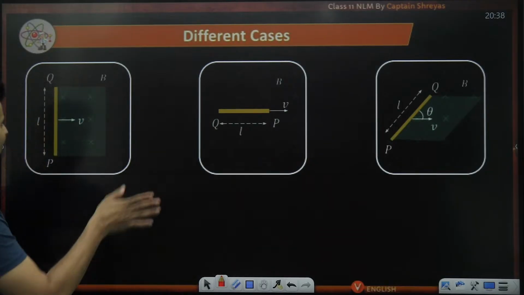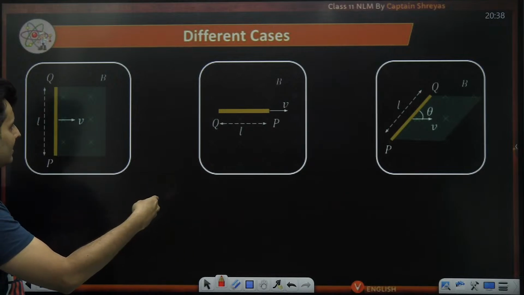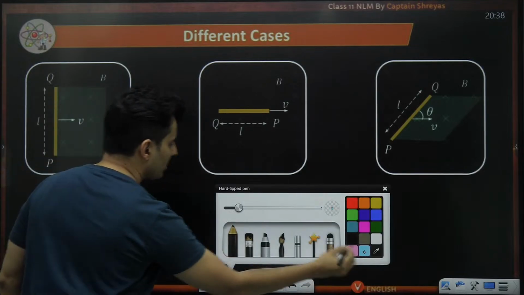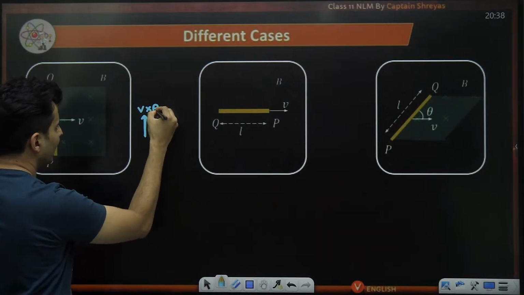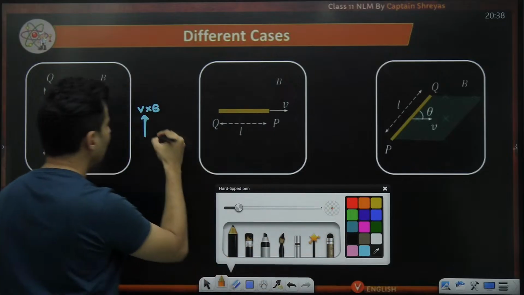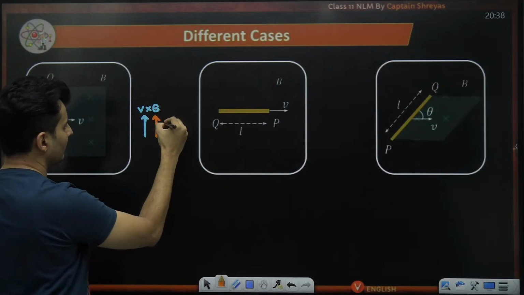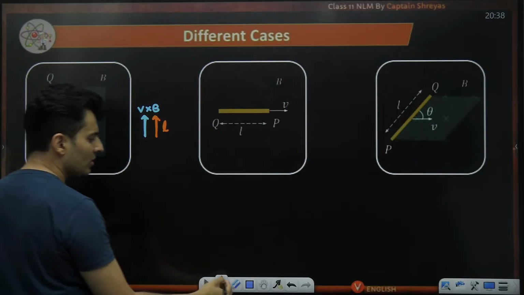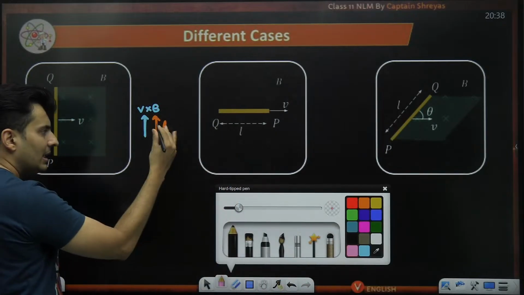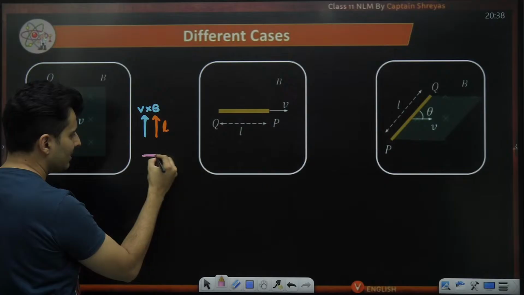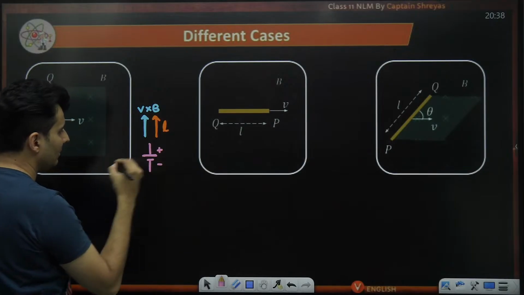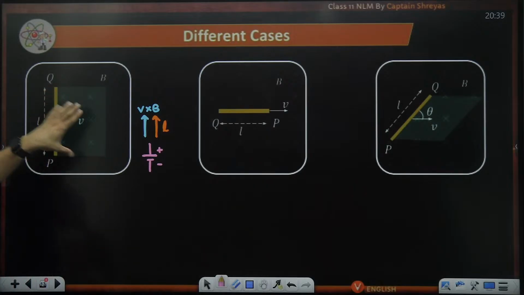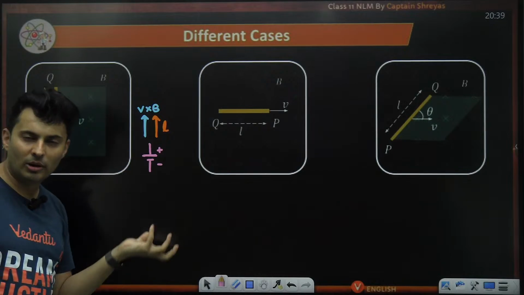Now, velocity is right, magnetic field is inside. So V cross B, of course, will be like this. If I choose my length vector to be in this direction, then the dot product will be positive. If it comes out positive, that means this is the correct way of orienting it. So this side will be the positive terminal, this side the negative terminal. So this rod will have this side positive, this side negative, if you convert it into a battery of EMF